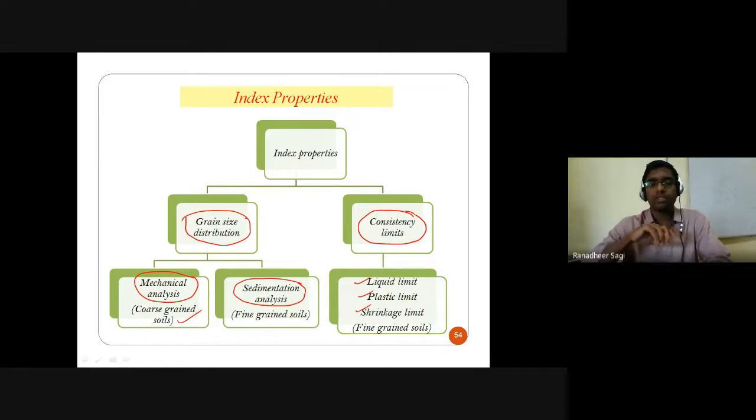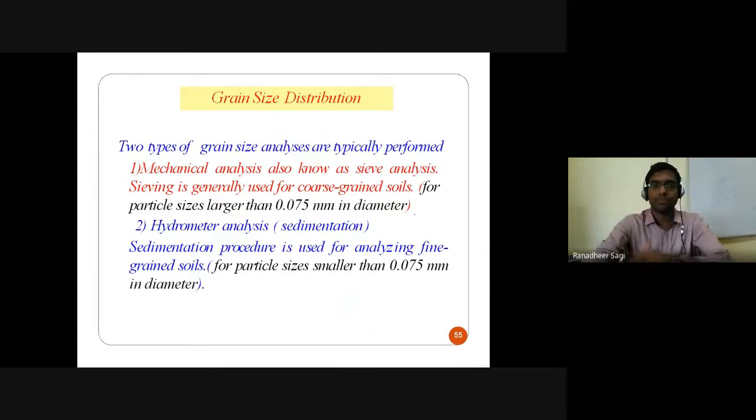So after understanding the separation of fine grain particles and coarse grain particles, on the coarse grain particles proportion, you are going to carry out mechanical analysis to get the grain size distribution curve, to know what are the different sizes of the particles and how much proportion of those sizes of particles are there in that soil mass. In the case of coarse grain soil particles, we carry out mechanical analysis or sieve analysis. In the case of fine grain particles, which pass through your 75 microns sieve, on that soil mass we are going to conduct sedimentation analysis or hydrometer analysis to understand the different sizes of those fine grain particles existing in that soil mass.